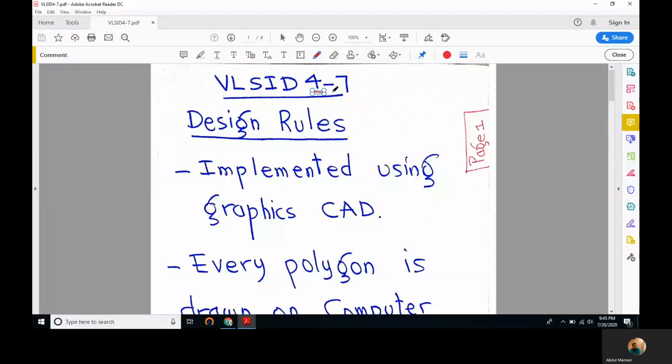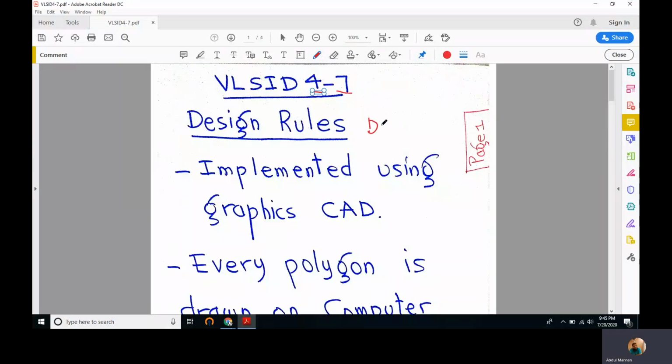Perhaps this is the last lecture from chapter number 4, in which we will study an overview. We will have an overview of design rules, DRs.